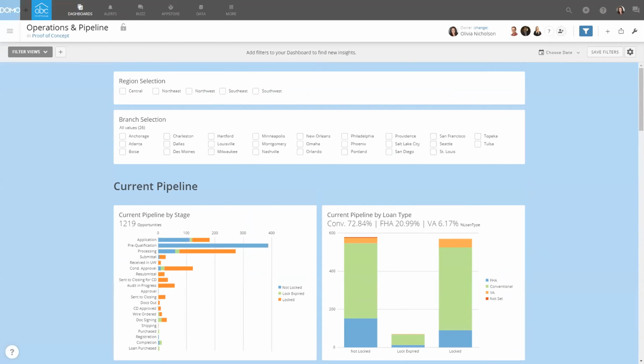The last thing I want to touch on before I hand it back over to questions is the mobile experience. This platform is really built with a mobile first approach. So everything you've seen here that I've showed you is available on the app. And you can also customize your homepage on the app to show you just the charts and KPIs that are most meaningful to you. And you can really take that data with you wherever you go and always have the ability to get those insights even on the go.